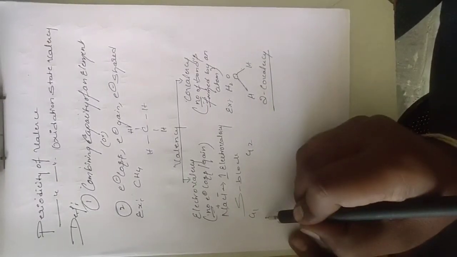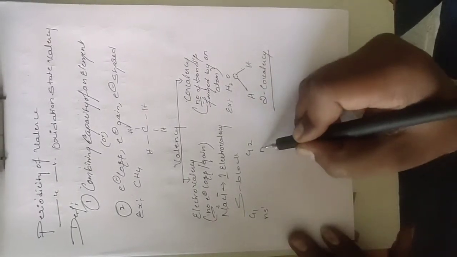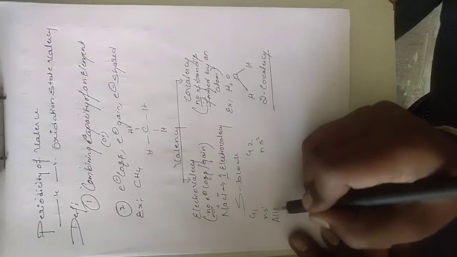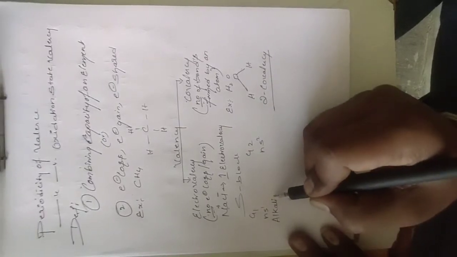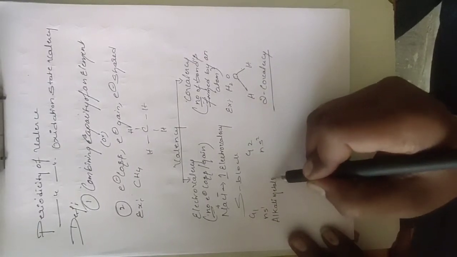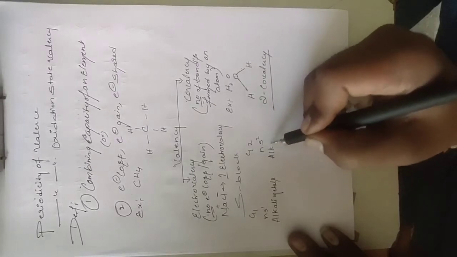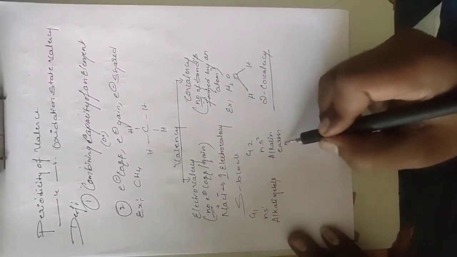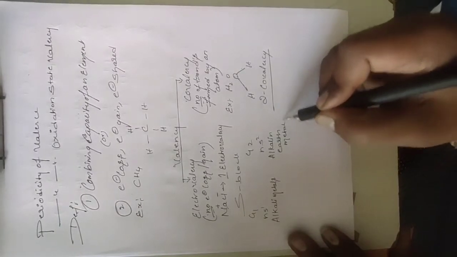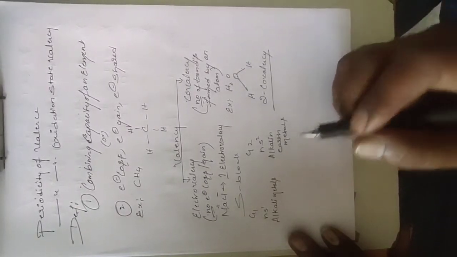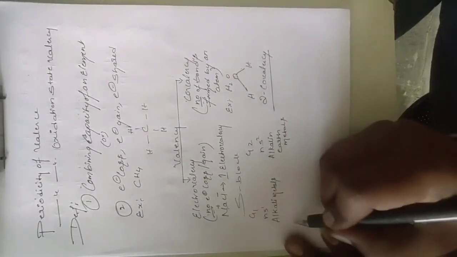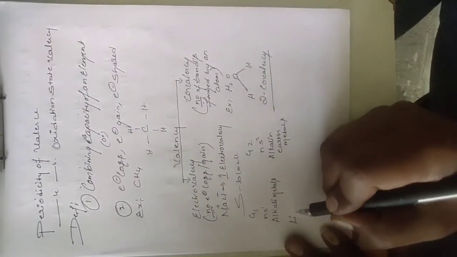Group 1 is ns1 configuration, and group 2 is ns2. Group 1 is the alkali metals, and group 2 is the alkaline earth metals. You see, while taking the example for the alkali metals, we take lithium, for example, its electronic